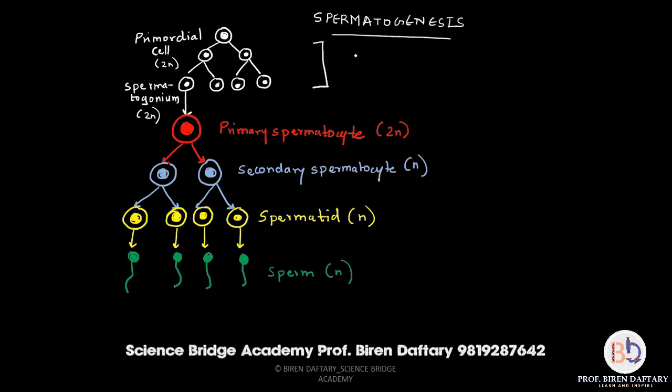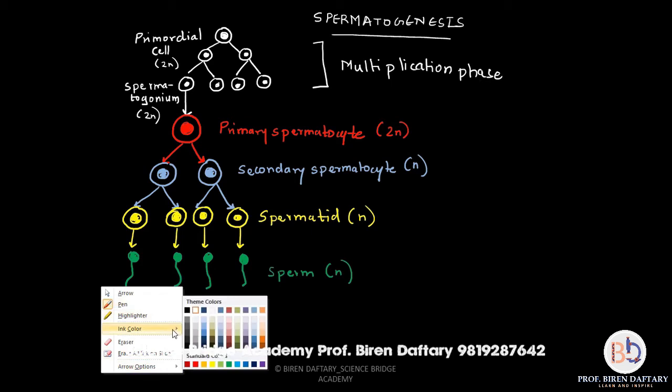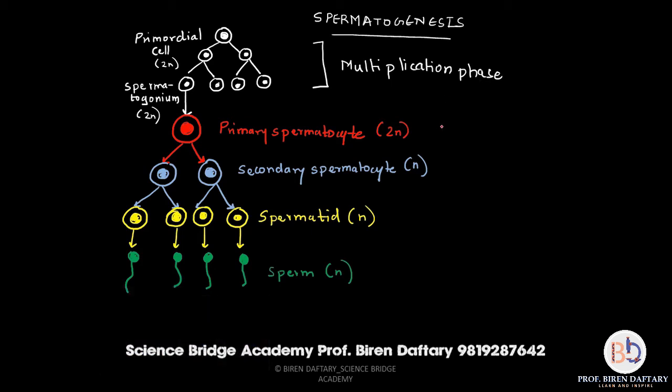Now the first stage of formation of spermatogonium from primordial cell is called the multiplication phase, because each primordial cell undergoes mitosis, so each cell is multiplying. In the multiplication phase, the primordial cell undergoes mitosis to form spermatogonium. The growth phase is when each spermatogonium grows in size and accumulates food to form the primary spermatocyte, that is